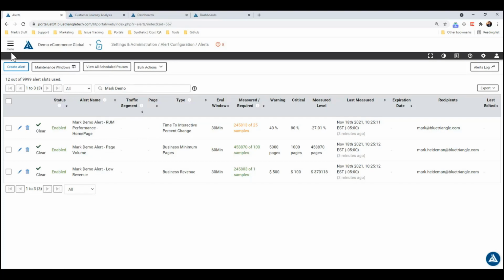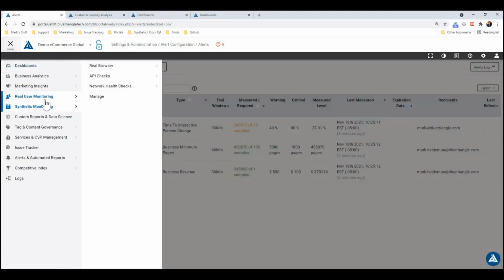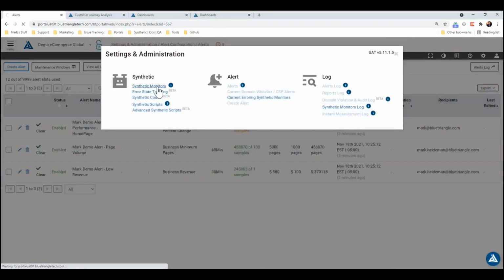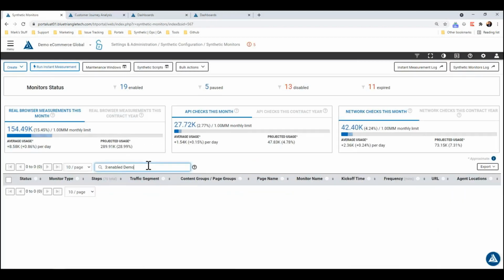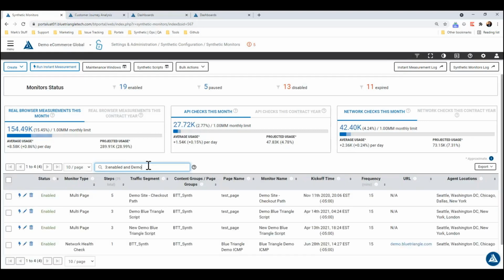And the next area I'd like to show you is alerting for synthetic monitors. So we go into synthetic monitoring. By the way, you can get to the alerts down here in the menu right here. And if we go to synthetic monitoring, we're going to go to manage synthetic monitors. And what I want to point out here is let's just look for one of these demo monitors, demo site checkout path. If we click edit here,